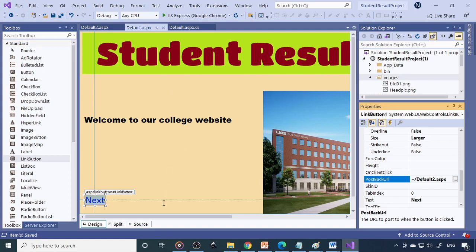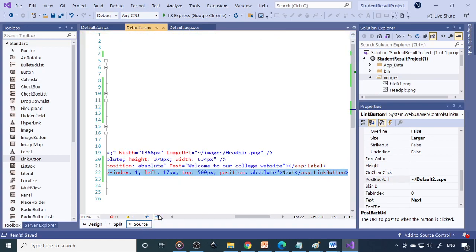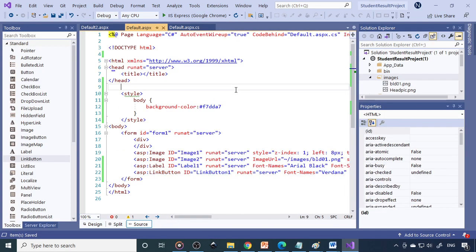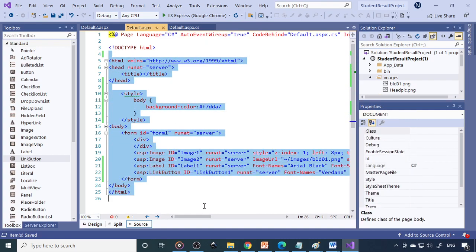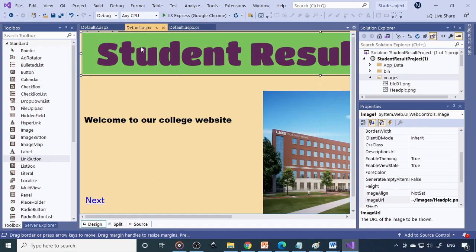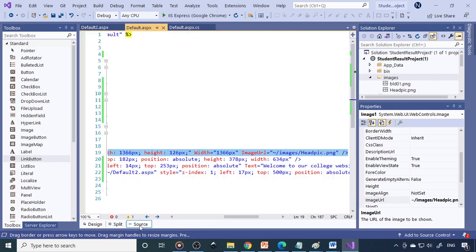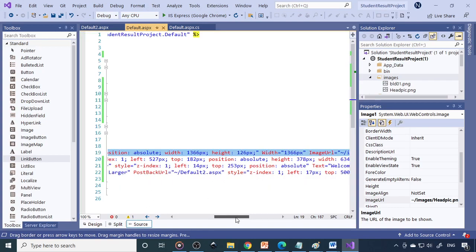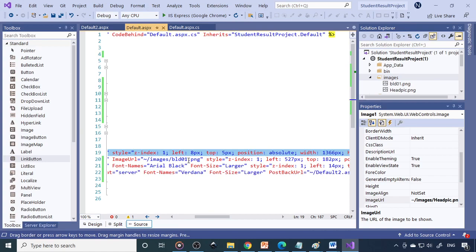Now what we want to do, so what are the content in the first page? You want to make same content for the second page also. Therefore what you can do is you can copy the source, same source, almost same only we want. So before that you just take this picture to the little left side. Okay, go to source. Okay, left 8 pix is there, so let's make it as a 0 fix.